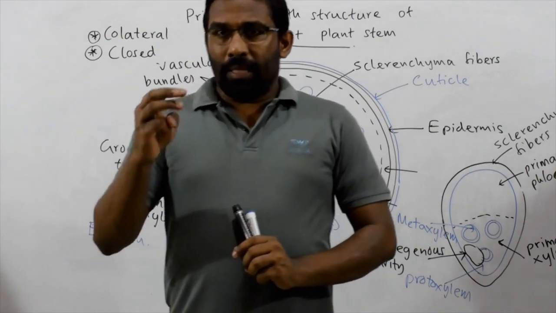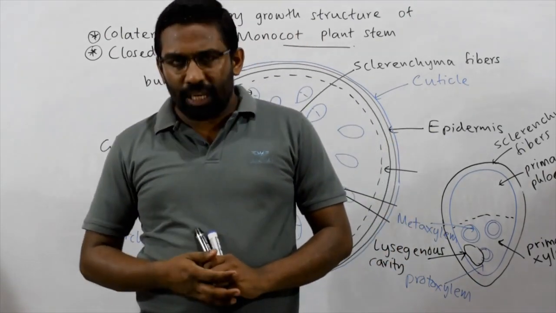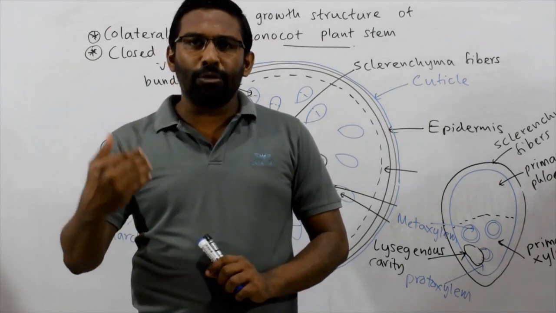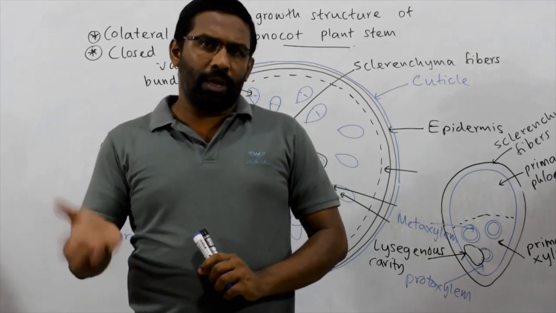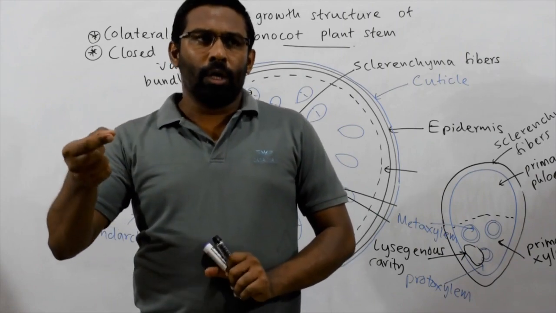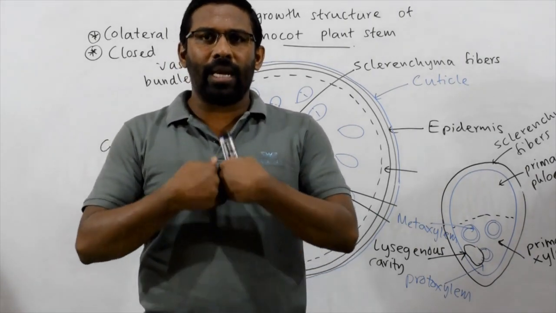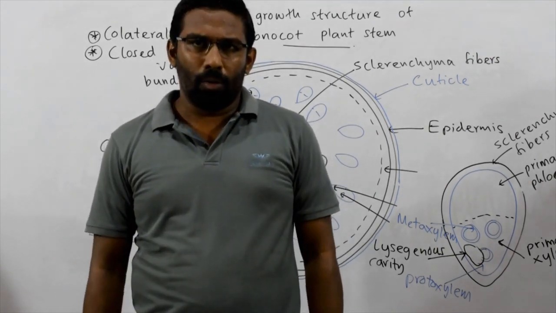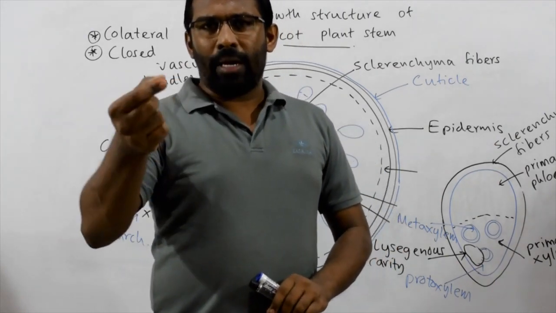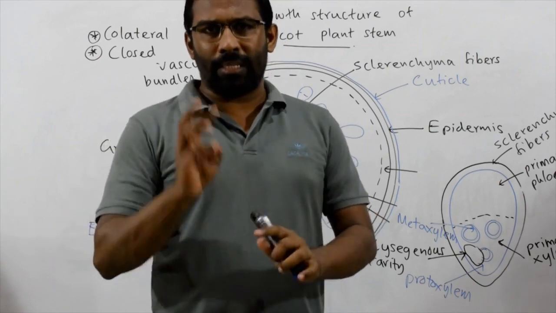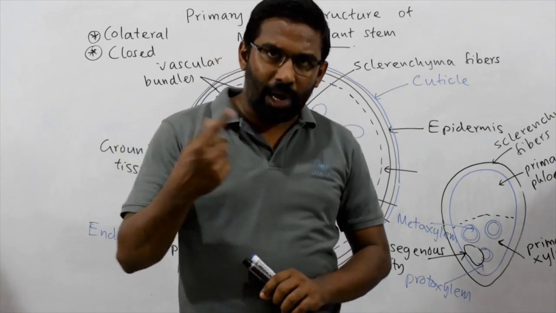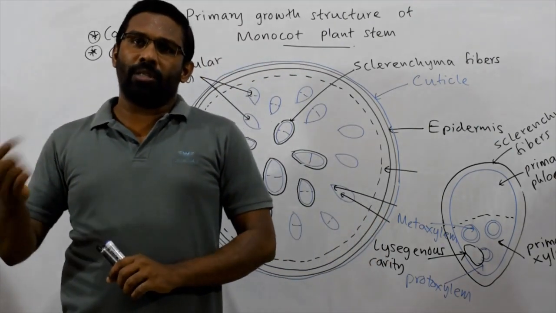Third one, think about the activity of initials. In root apex, initials of the apical meristem add new cells both inwards and outwards. Can you recall? We said last day that initials of the apical meristem of root apex add cells inwards as well as outwards towards the root cap. But in the shoot apex today we discussed that the apical meristem adds new cells only inwards towards the zone of elongation. That's the difference. Again, repeat it. In the root apex, the apical meristem adds new cells both inwards and outwards, but in the shoot apex, the apical meristem adds new cells only inwards.